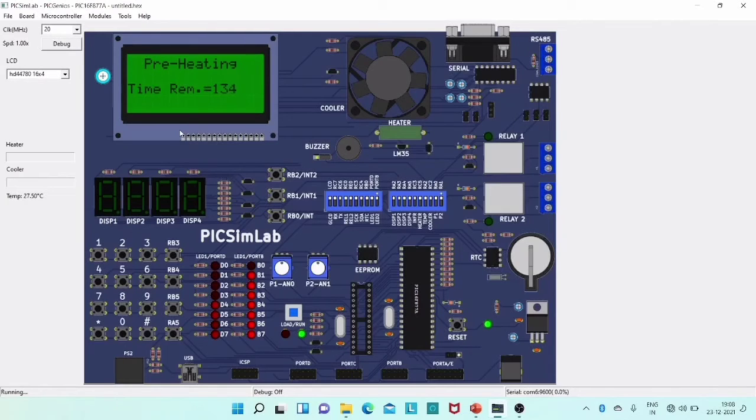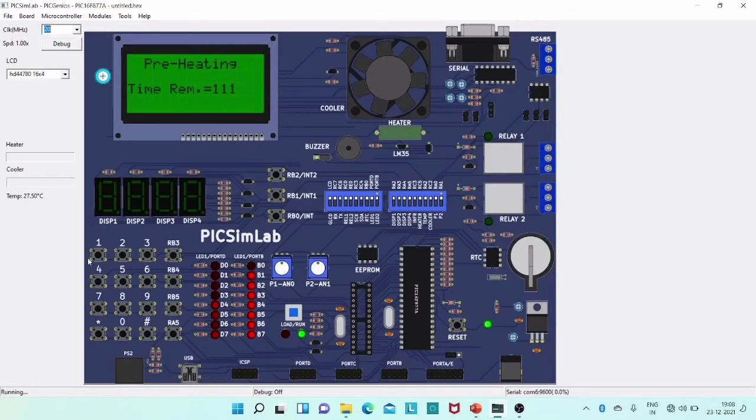I told you that the PicSim lab has two types of CLCDs, 16x2 and 16x4. We can see 16x4 and 16x2 here. Here we are using 16x4, and next, here we are using 20 megahertz as an input.